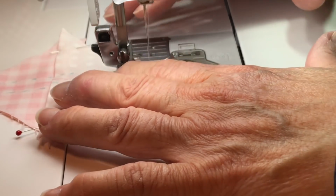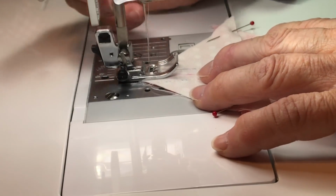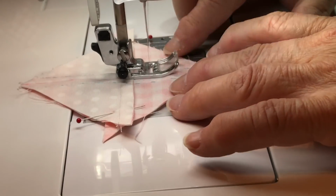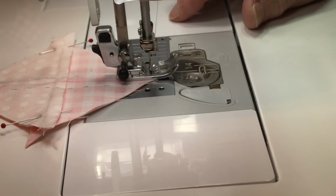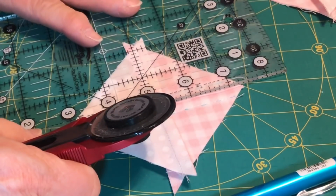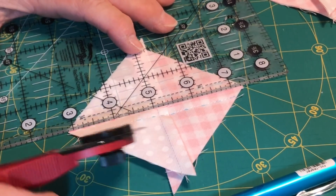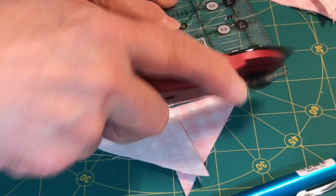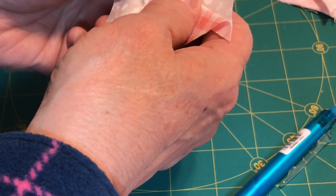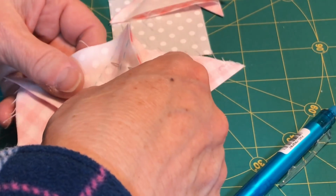Pretty accurate with this. Let's take a look at it here. Here it is all sewn. Let's cut it right down the middle like it's saying to do. Well, it made the points in there. Let me do the next one. And then it's got,